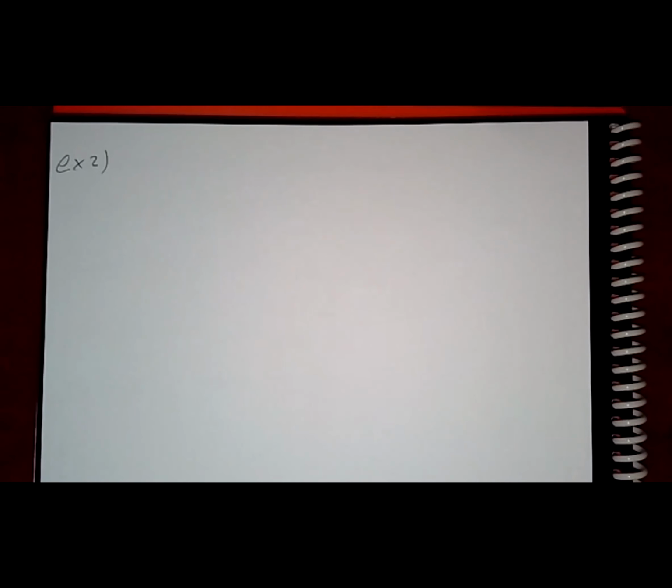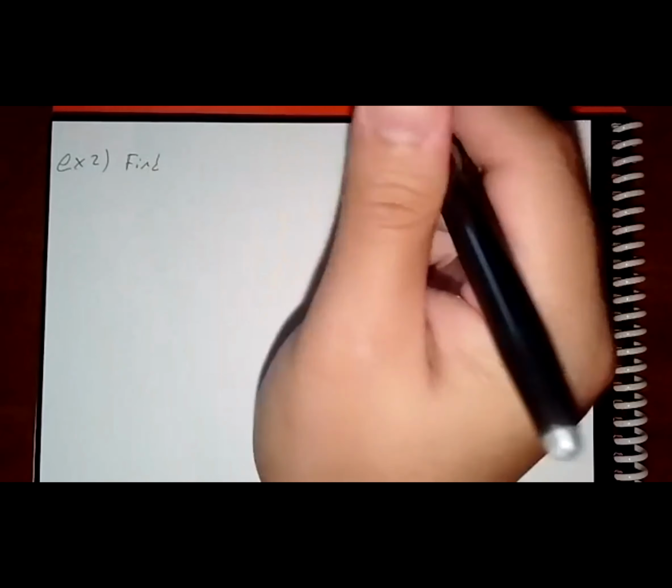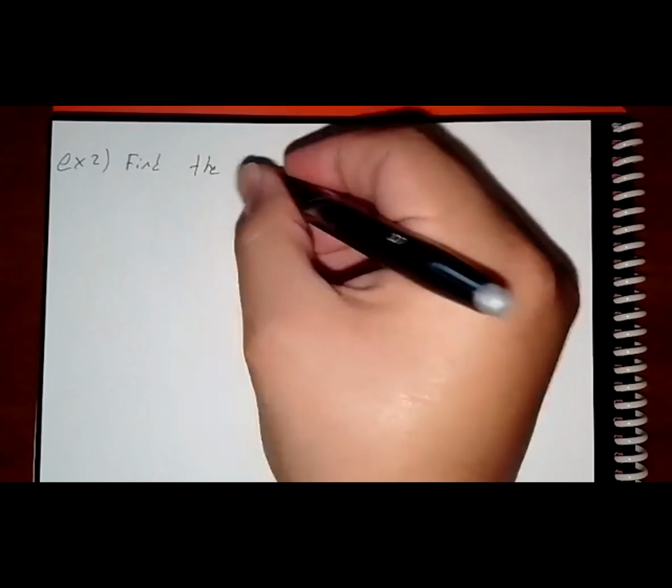Example 2. So we did a few basic integrals last time, right? So now what we're going to do is use the integrals and apply them to find the area underneath some graphs. So that step we just did would be like the final step as part of this problem. So find the area